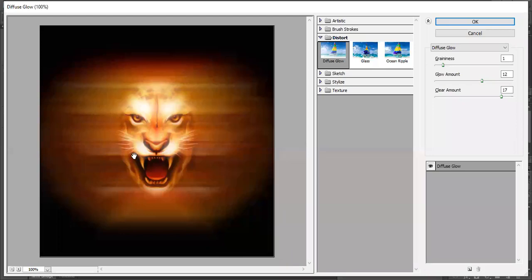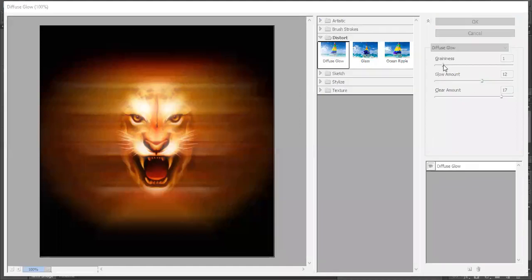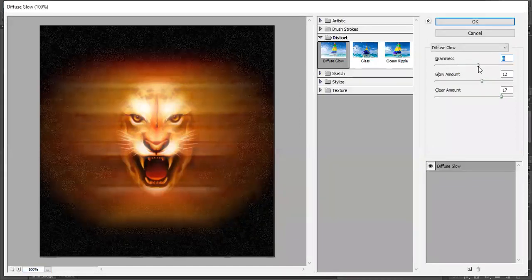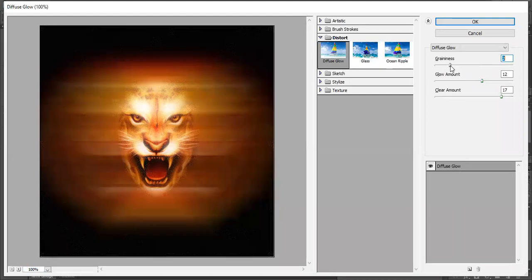So you can see this is a glowy effect. If you want to add a glow on the face of the lion, you can add this glowy effect. You can increase the graininess up here to make it a little more grainy. I don't know whether you can see the difference, but on your laptop you'll be able to see it much more clearly. Without the glow, with the glow. Increase the glow amount. This will become too much.